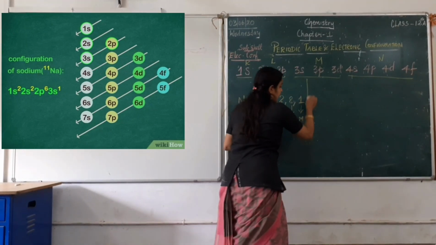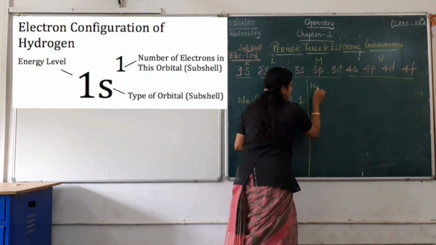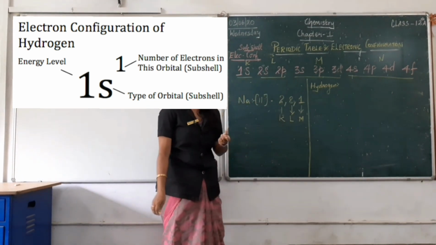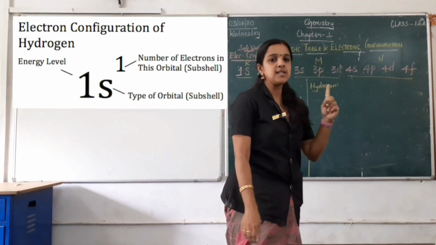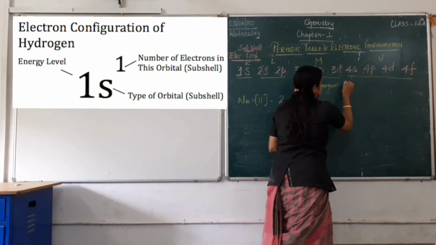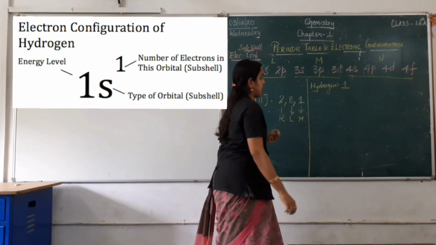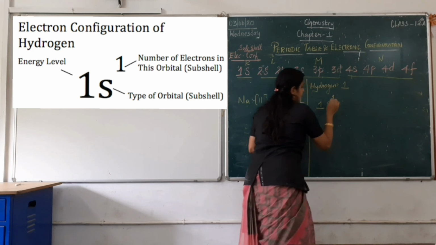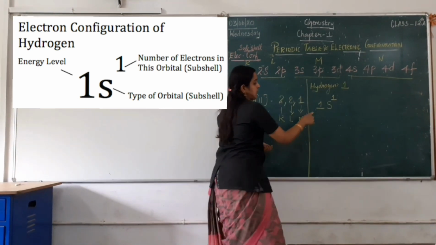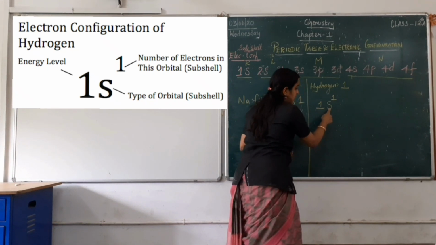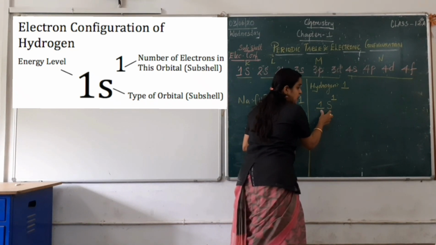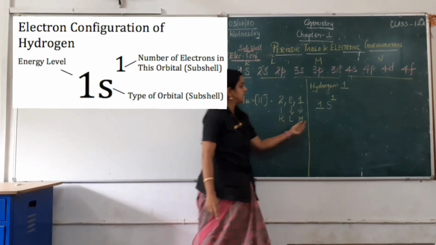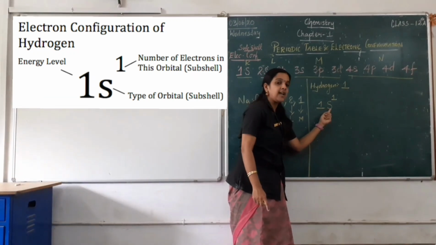Now let me give you an example. Now if I want to write the subshell electronic configuration for hydrogen. What is the atomic number of hydrogen? It is 1. 1 is the atomic number, the first element in the periodic table. Now if I want to write, I will write as 1s1. What does this represent? The 1 which is before my subshell says that this electron belongs to my K shell. That is, it belongs to my first shell. And where it is getting filled in my S subshell.